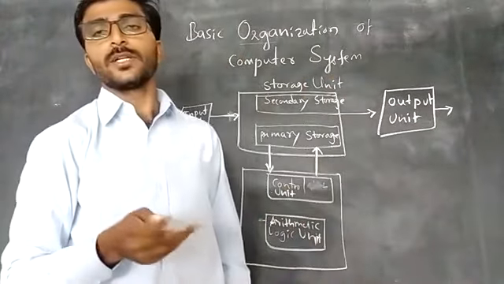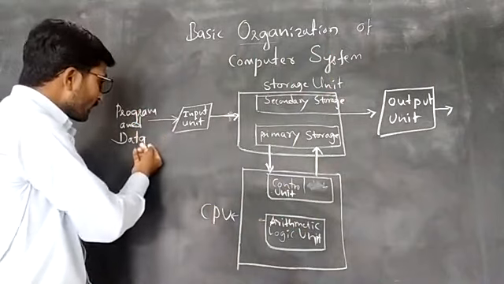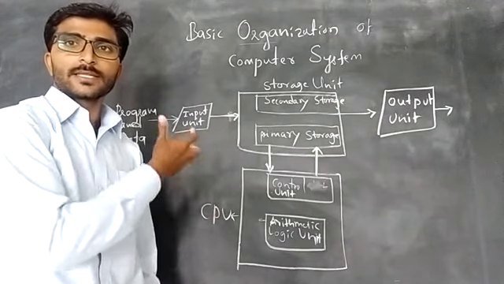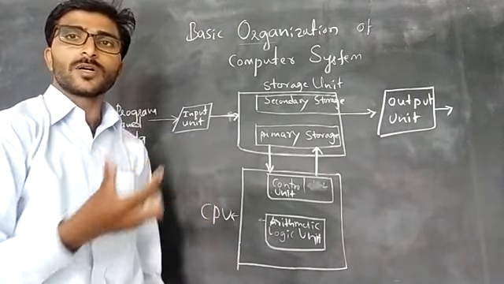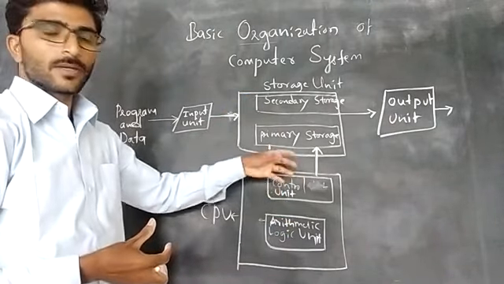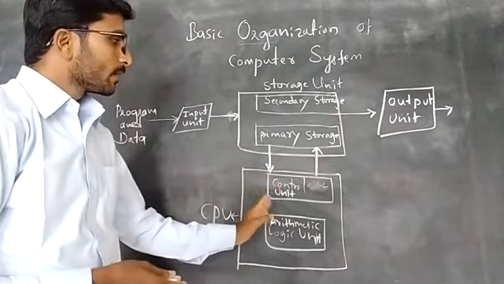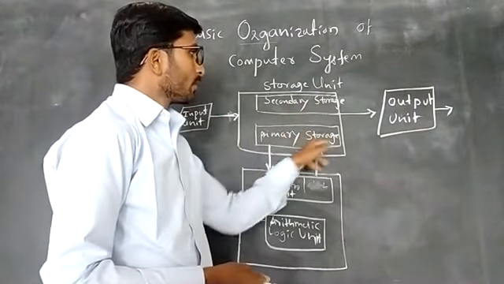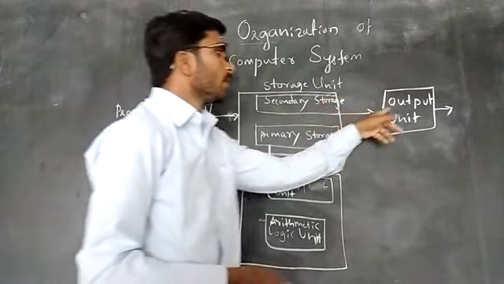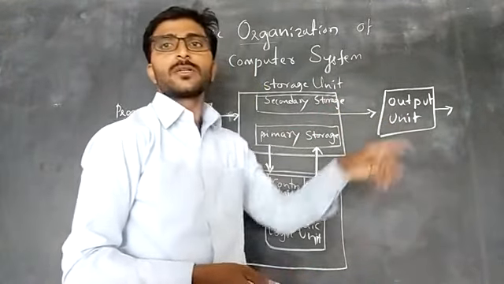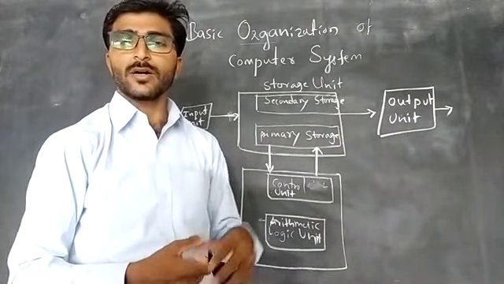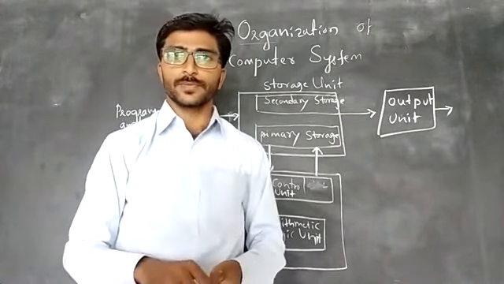In which format are you displaying? Here you are accessing the data in the form of raw material. From the input device you are accessing the data from the user in the form of raw material. After that it stores the data and processes it in any form, like addition of two numbers. After that it is sent back to the storage unit, and it sends the data to the user through the output unit. Output unit means your display, your monitor, in which you are displaying the output like 30, or a printer, which can print the reports.